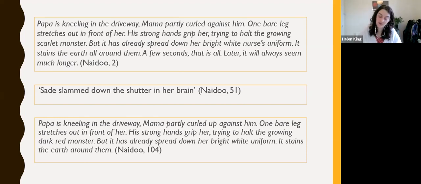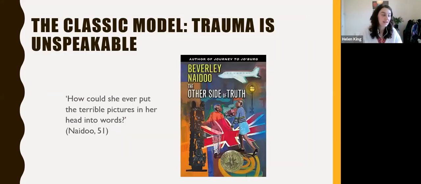Another key facet of Carruth's model is that trauma is unspeakable, that it resists language. And this is also something that we can identify in The Other Side of Truth. Sade thinks to herself when she's prompted to tell her story to a social worker, how could she ever put the terrible pictures in her head into words? The full horror of the trauma of her mother's death is unspeakable at this point and seems to defy representation